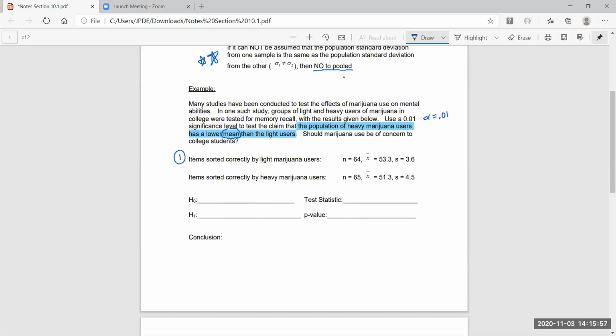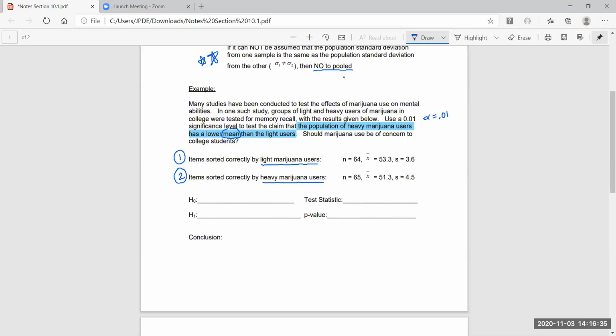This I'm going to call group 1. This I'm going to call group 2. So the light marijuana users I'm using as group 1, and the heavy marijuana users I'm using as group 2. You can compare them in whatever order you want. If you wanted to label it the other way around, that's fine. Typically in the book or on the MyOpenMath, they're going to order them in the order you see them. But if I had called the light marijuana users 2 and the heavy marijuana users 1, that would have been